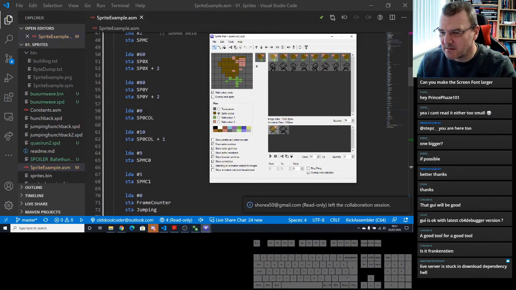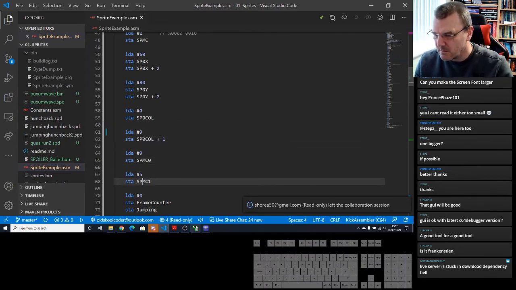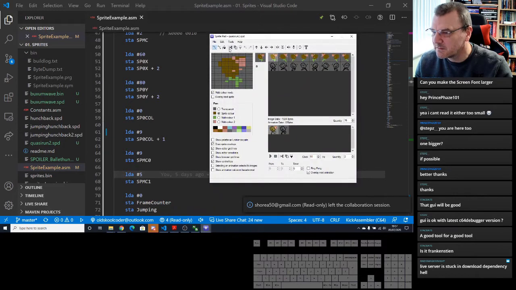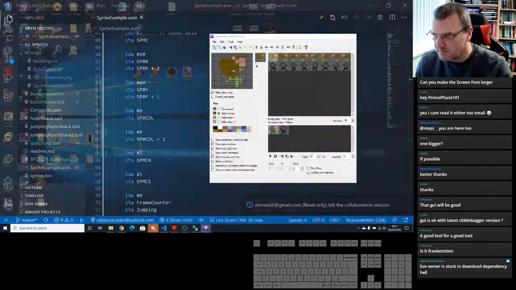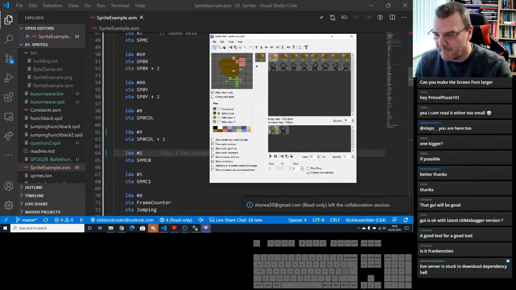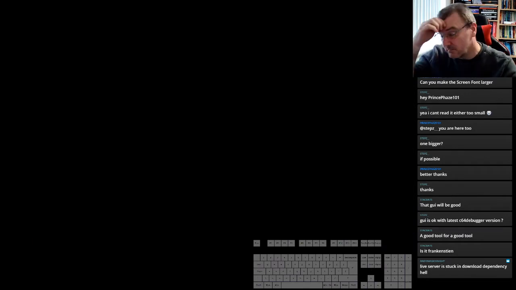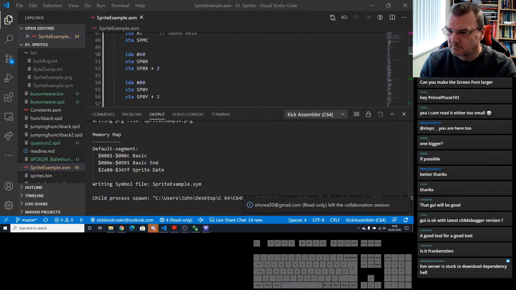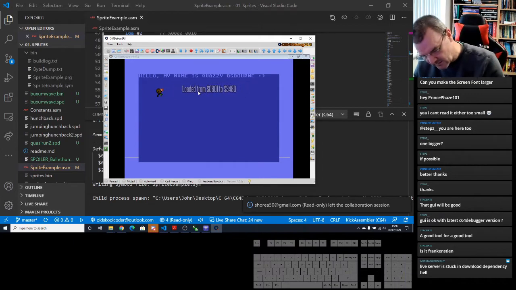Right, so we need to change Sprite 1 to be brown, which is 9. What else do we need to change? Sprite 1 is green, which is 5. And colour 2 is 10. Right. That's better.